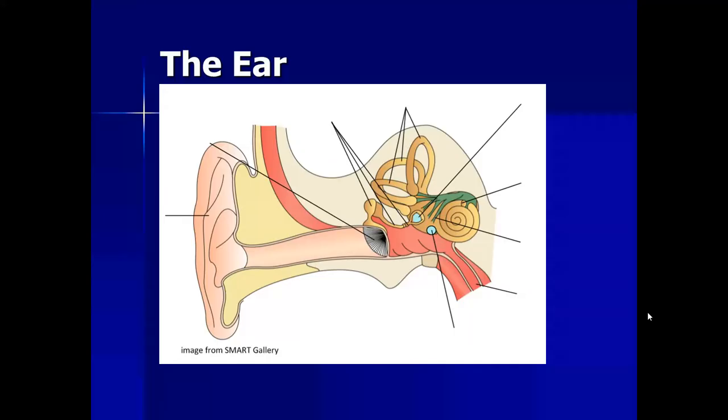So let's take a look at the ear. This one is different than the ear that you have labeled. I like that one better, but this one's in the PowerPoint, so I'll use this one. All right, so sound travels, you should know, as pressure waves in the air. All right, pressure waves, which travel down and through the auditory canal and cause the eardrum to vibrate. The eardrum, as I said, transfers the vibrations